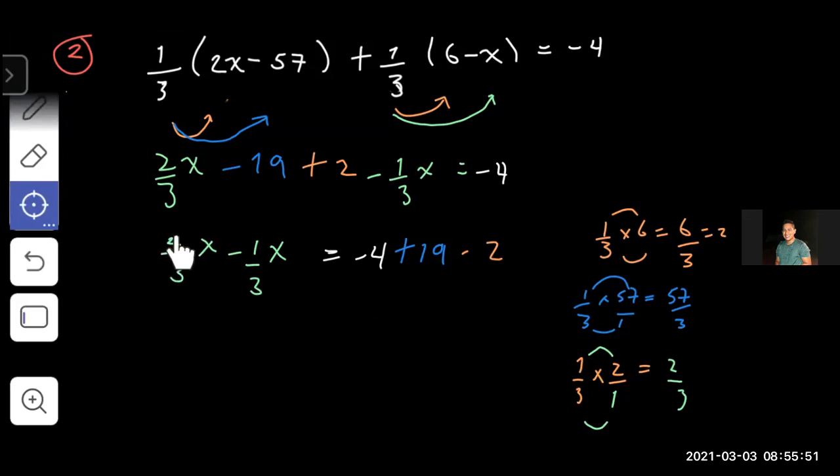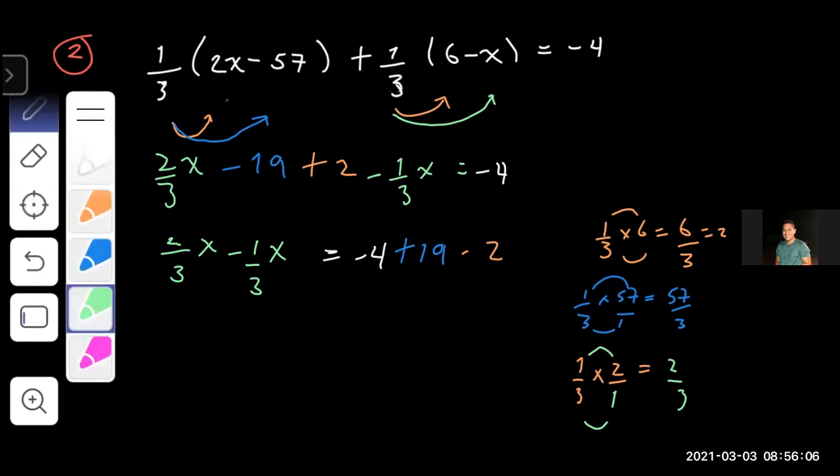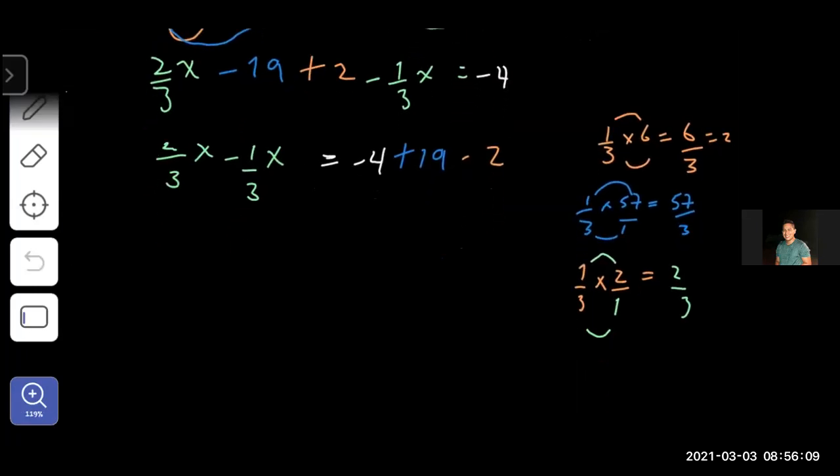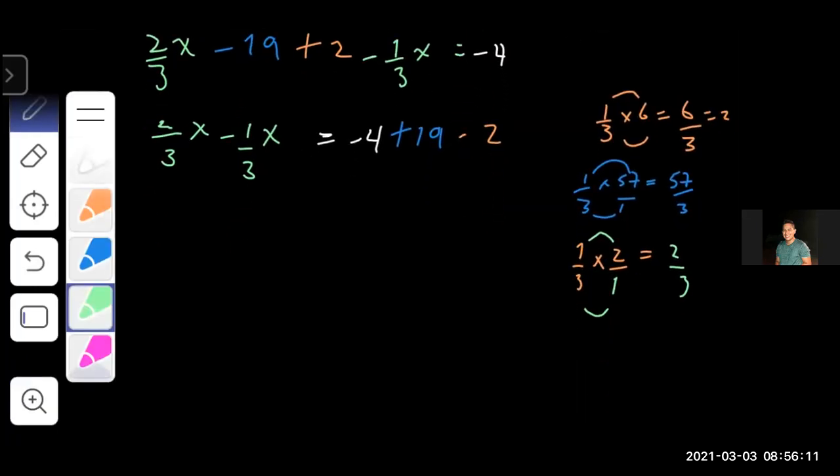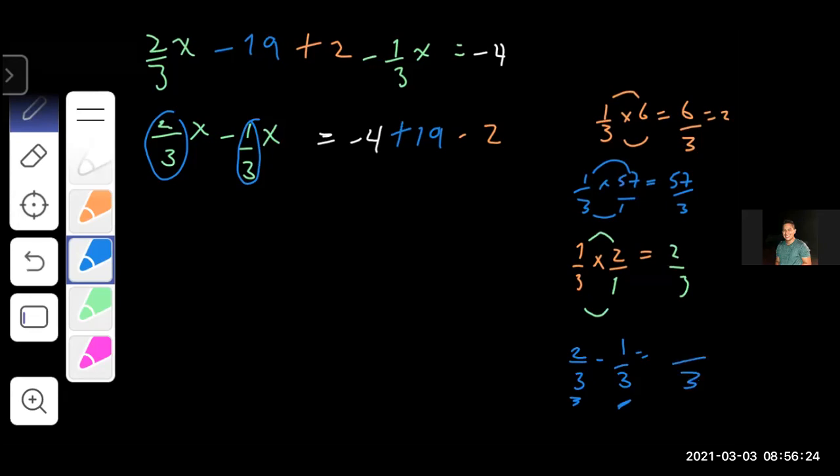Then let's simplify. You have 2/3 minus 1/3. Guys, this is why I taught you how to work with fractions. We have the same denominator, so we only copy the denominator. Okay, mister, I got confused with that part. Let me do it one step at a time. Here, guys, you have 2/3 of apples minus 1/3 of apples. What is that equal to? We have the same denominator, so we copy it and we subtract. 2 minus 1 is 1. Okay, 1/3